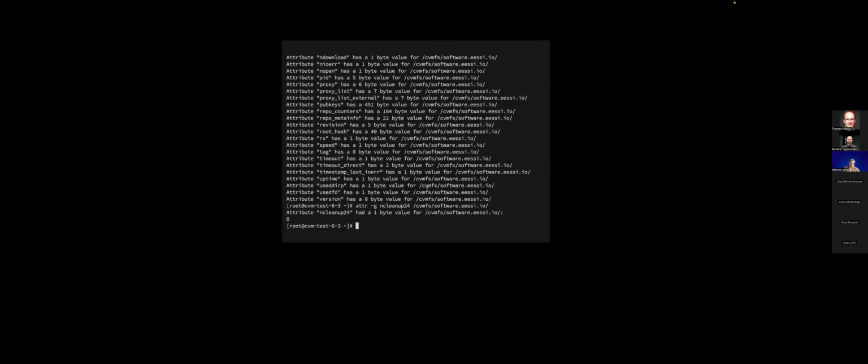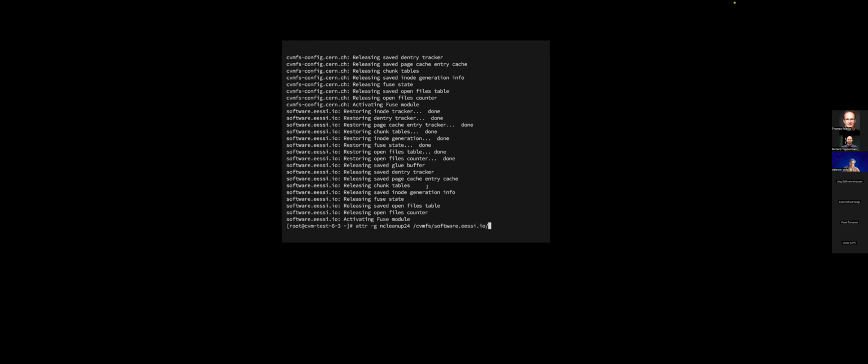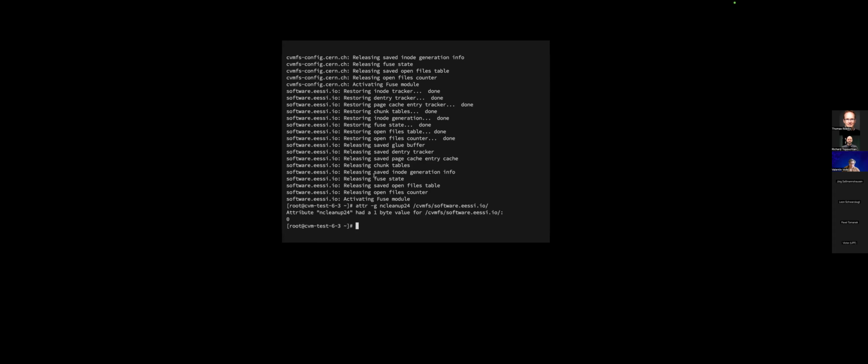This is 0. If I do cvmfs_config wipecache, it's the command, then, whoop, all right, because this actually really wipes the cache. I always get confused about this. I think